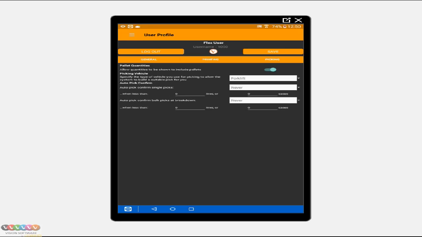And auto confirmations are for those warehouses that don't want to pick and then check, but want to just pick and check automatically at the same time. And you can vary this, so you can set a limit on the number of lines or the number of cases that you want to pick before you have to recheck, or where you don't want to recheck. I'll simply change the options in here and then press save,